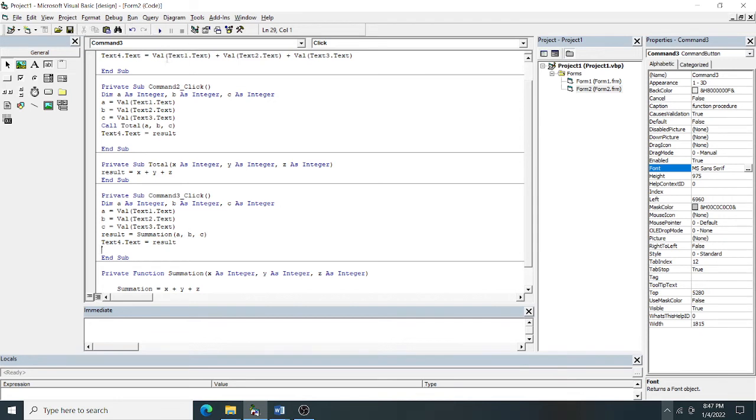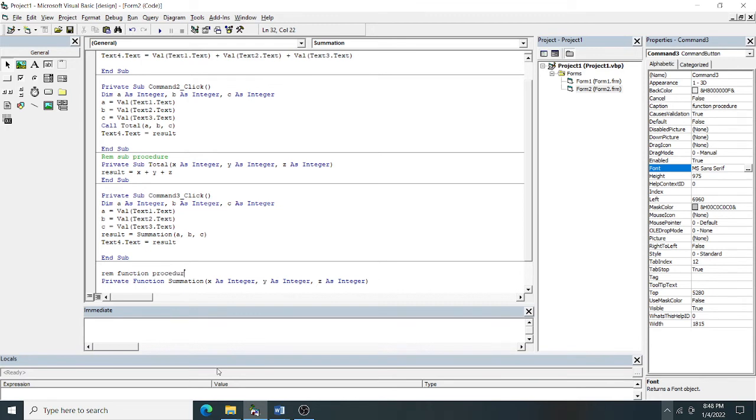So now what I have to do? See, now I'm clicking. I can write, this one is your REM statement, which is used to write a comment. This is your sub procedure, and you can see this is right. REM is used for writing comments. And this Summation is which one? That is called your function procedure.